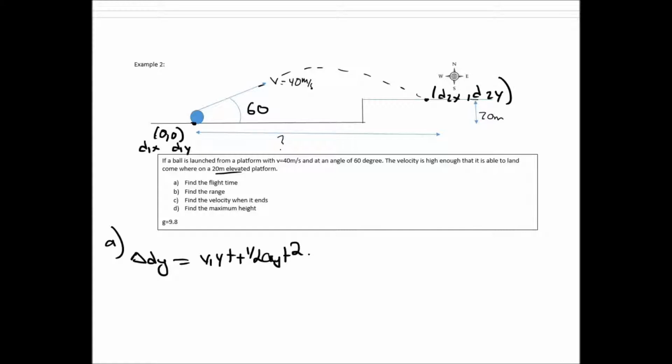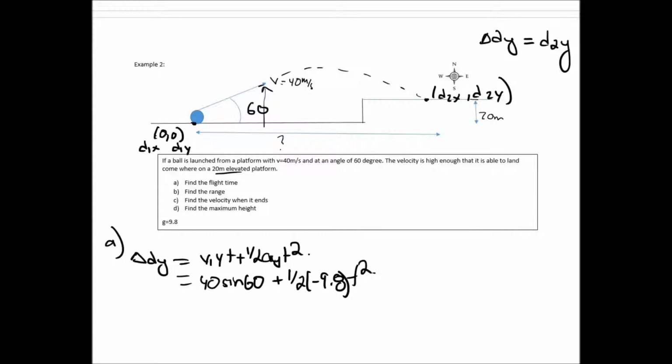So delta dy would be d2y minus d1y, and because this is 0, it equals d2y. So let's just stick with that. v1y is going to be 40, and we have to take into account the angle, so it's going to be 40 sine 60 plus 1 half minus 9.8